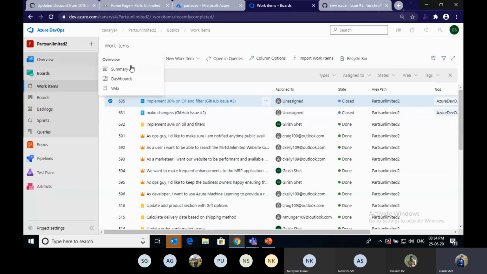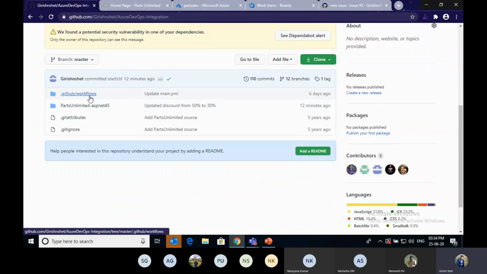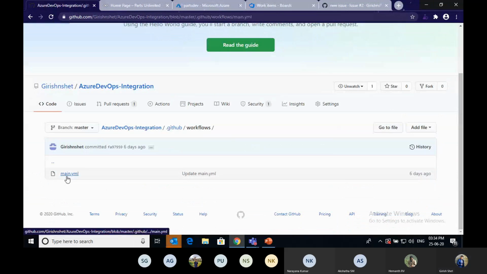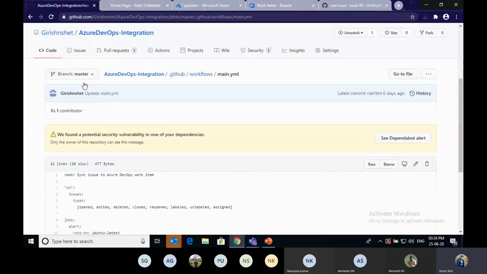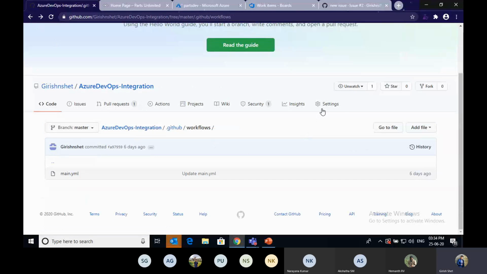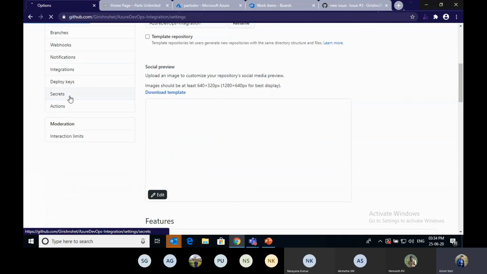One thing I forgot to show you here. In my workflow, I have passed this personal access token. This one is the Azure personal access token, and this one is the GitHub personal access token. I am passing these as secrets here. Where should I pass them? There is an option called settings in your repository. Click the secrets here.